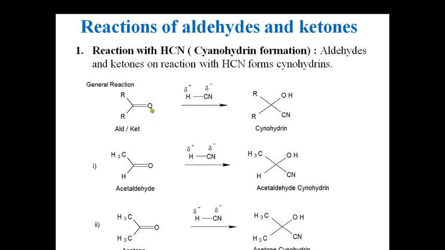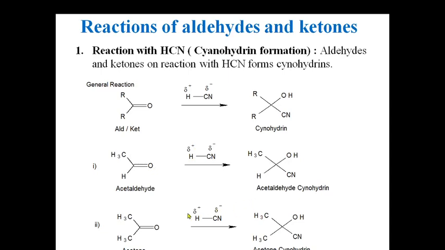Similarly, all of you know the polarities. In oxygen, it's a partial negative, carbon is partial positive. So oppositely charged fragments will attach to each other. So hydrogen will join to oxygen, CN will join to carbon, and you will get this tetravalent sp3 hybridized product, that's the cyanohydrin. So here the hybridization is sp2, as it's a double bond, and it will be converted to sp3. Suppose you are taking the acetaldehyde and it is reacted with HCN, so you will get the acetaldehyde cyanohydrin. So simply hydrogen attached to oxygen, CN will attach to carbonyl carbon.